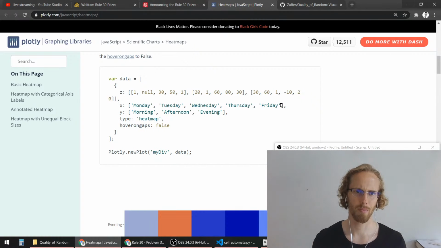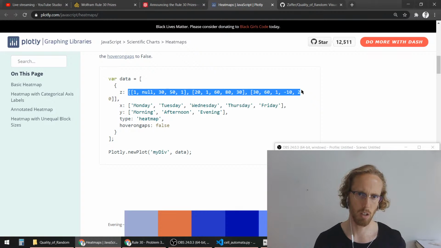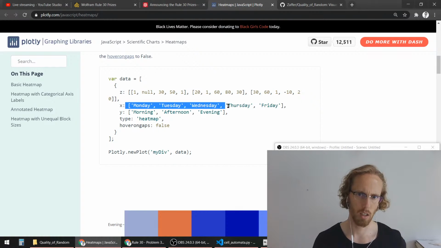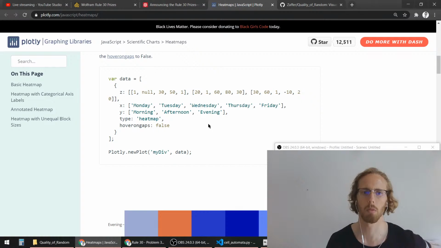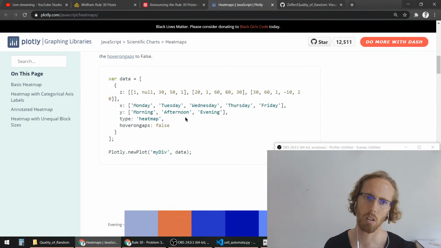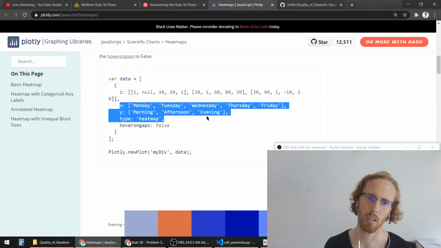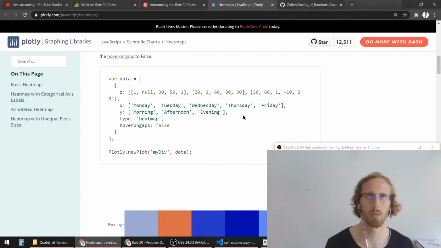Now, Z. Oh. So Z is your data basically. And then X, Y. Type. Hover on gaps. Okay. So X and Y. So X would have to be